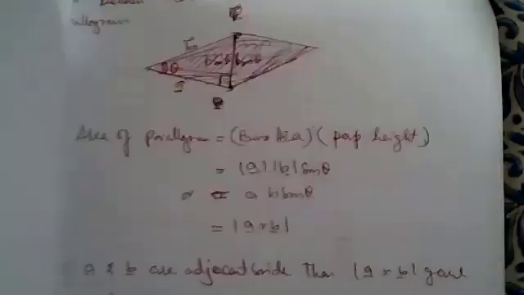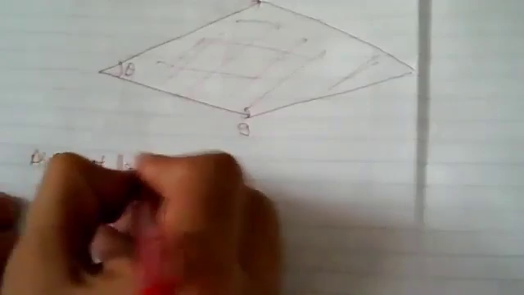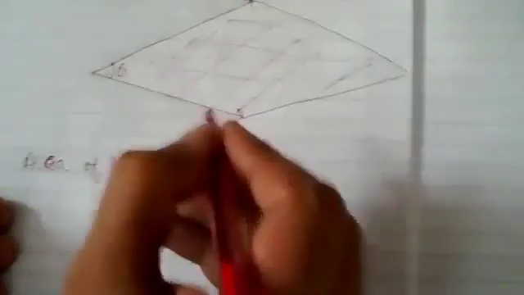Now extend the vectors parallel to each other. For example, extend B parallel to B, extend parallel to A. So you will get this type of parallelogram. Now suppose we are interested in finding the area of the parallelogram. So the area of a parallelogram, the formula is base into perpendicular.